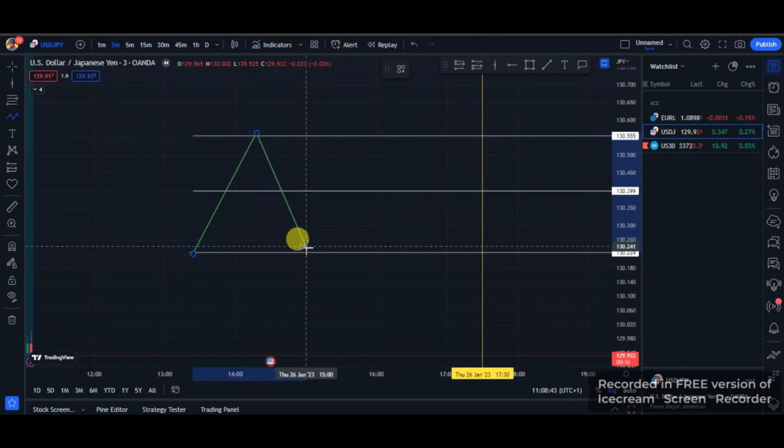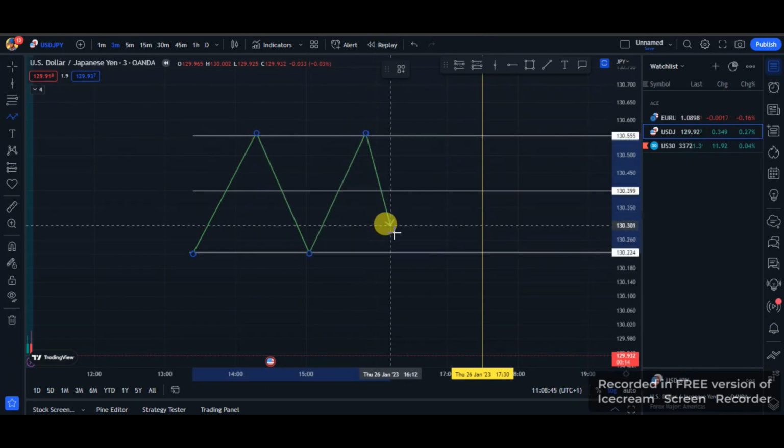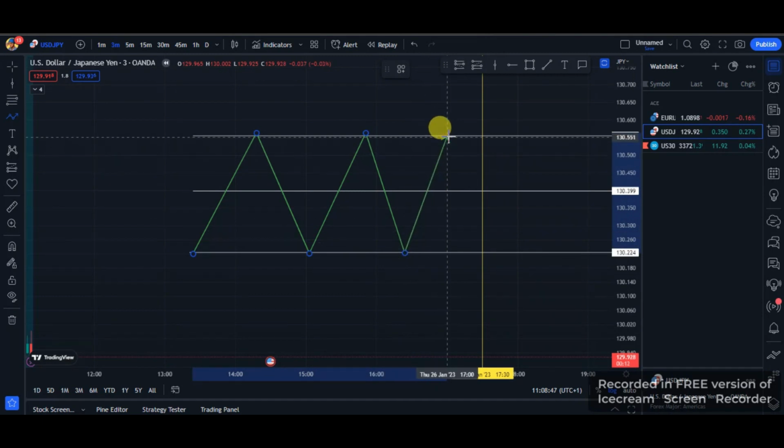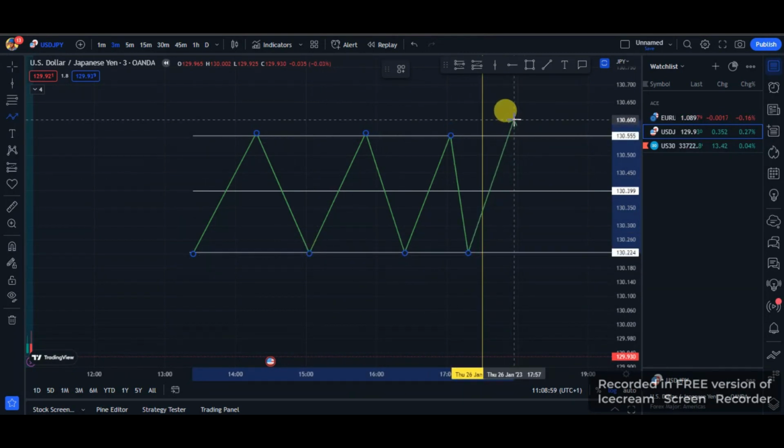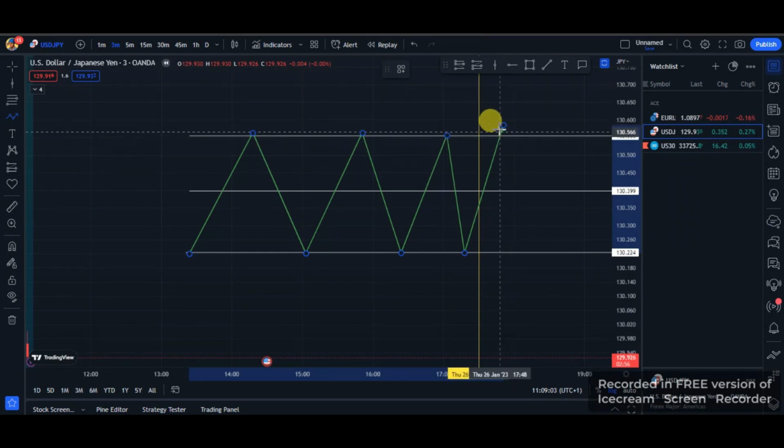So let's say price went up like this, down, and all that. So let's just assume that this is our Asian session highest point. This is the highest point that price went to during the Asian session, and this is the lowest point price went to during the Asian session. All we want to see is a breakout during the Asian session. So once we spot this breakout, the next thing we'll be looking out for is for price to retrace a little bit into this